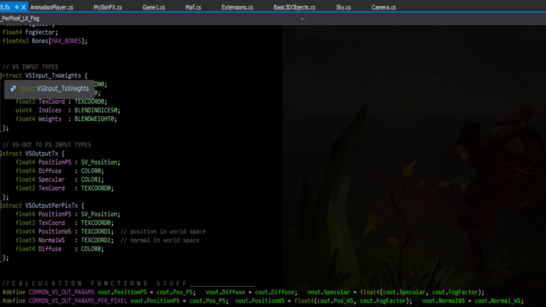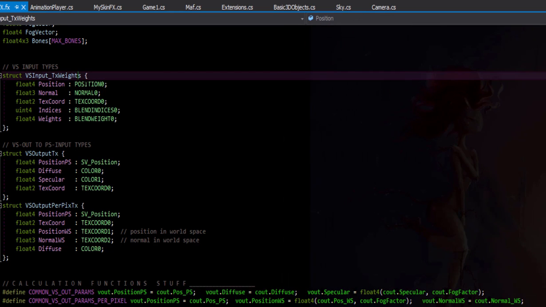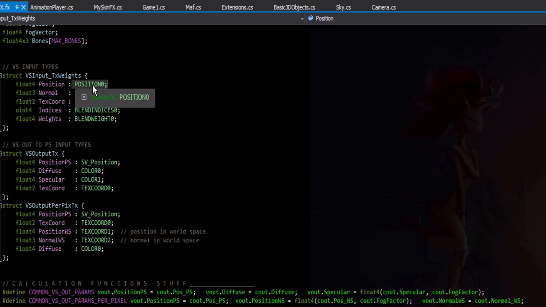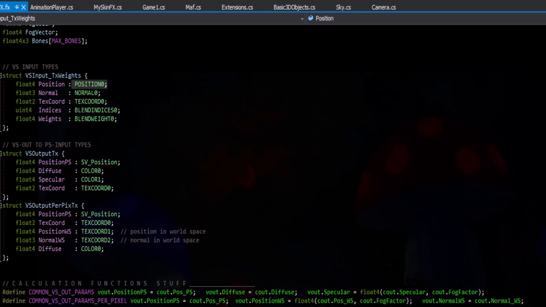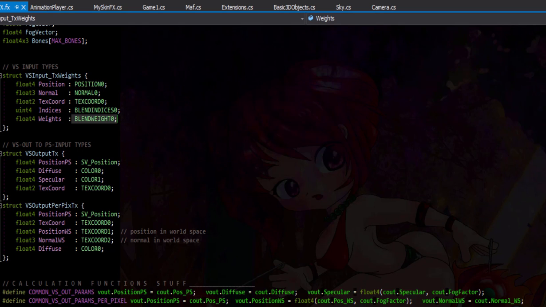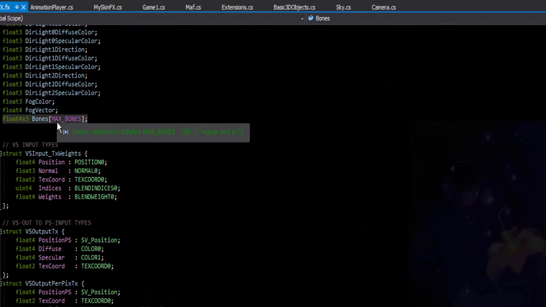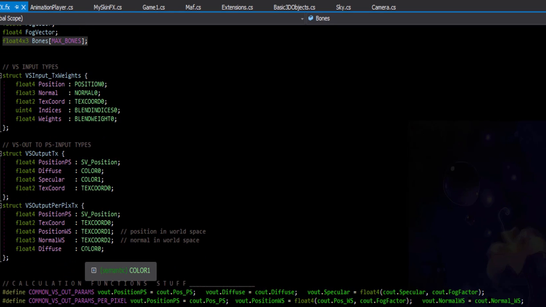As usual, we got our structure for passing in the vertex input, which goes into the vertex shader, and it's going to be taking this from the vertex buffer, and these are the values in that vertex buffer. So for each vertex, there's going to be position, normal, texture coordinate, which is your UV coordinate. And then there'll be 4 indices pointing to bones, or telling it which bones to use, essentially. And these are the weight amounts. So what percentage each one of those bone matrix transforms is supposed to be applied to this vertex. And it's getting the bones themselves. It uses this index to look up into here. So we're going to pass in the bone transforms as a parameter in here, and that's what it's going to use to transform those vertices.